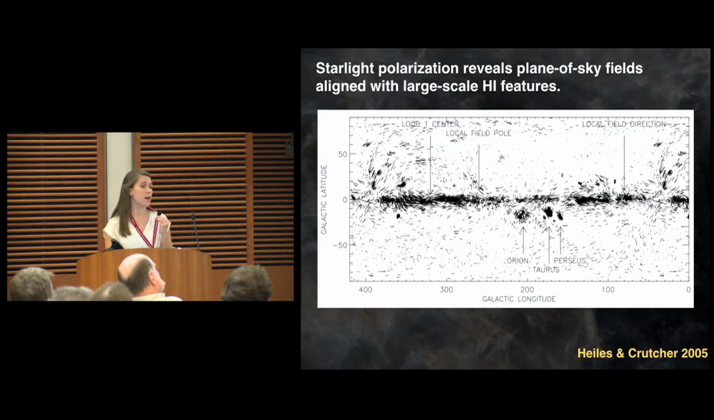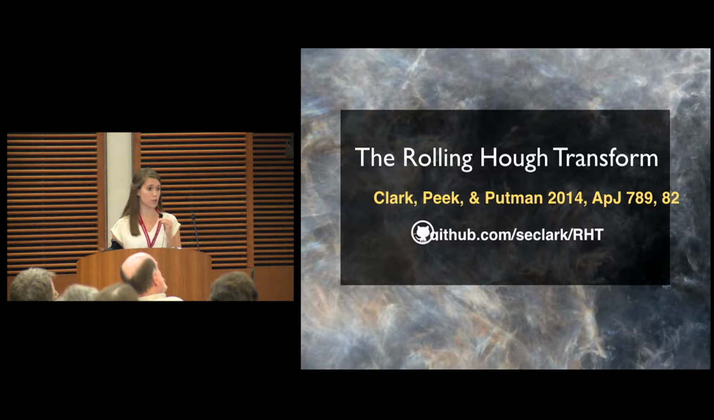And in our work with the GALFA-H1 survey, we wanted to ask on a much smaller scale whether these diffuse atomic fibers are associated with the orientation of the magnetic field. So to do this, we needed a way to quantify the orientation of H1 as it moves and changes across the sky. So our answer to this is called the rolling Hough transform, or RHT for short. And this code is open source. You can go try it out for yourself and feel free to get in touch with me if you have